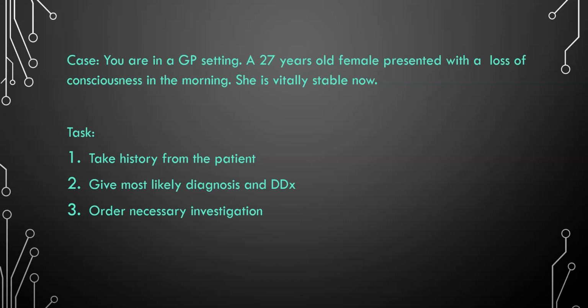And if all these things come back negative, you can also do a urine pregnancy test. If it suggests, then only you can do a urine dipstick to rule out UTI, and also you can do an ECG later on. So those will be your second line investigations.